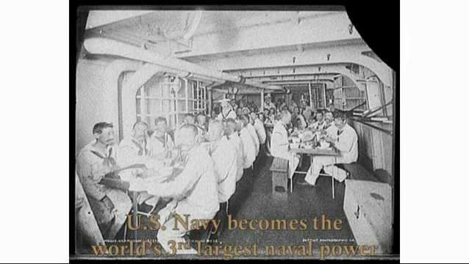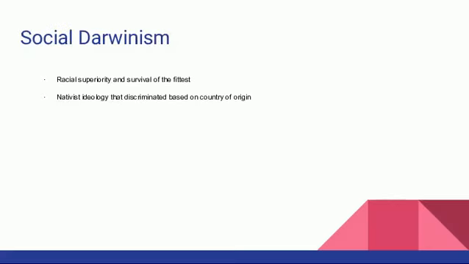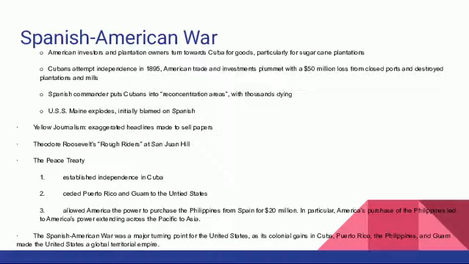Social Darwinism, you should already know. If you want to do an arrow down from Social Darwinism to Spanish American, that's your historical context for the Spanish American War. Most people will say Social Darwinism. Now, the Spanish American War is its own key concept, so I'm going to focus on the Spanish American War a little bit more than the others.